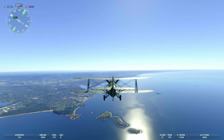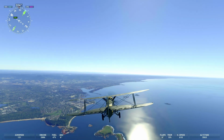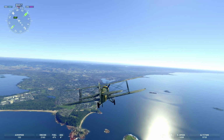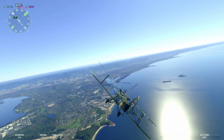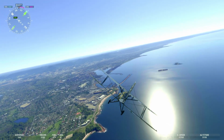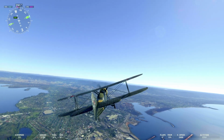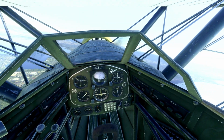Now she does go along at a reasonably good pace. 130 knots to about 140 depending on your height, of course. But anyway, what I'll do is just show you some maneuverability. Then I'll go around for a landing. So let's just kick her off. As we can see, I'm full the way over, and it's taken that long. Full the way over, and she's taken that long. So probably, yes, she's a little bit true. The developers have got the handling right, in the way of the slowness of the response due to the nature of the aircraft. So while we're in here, let's just see if we can...